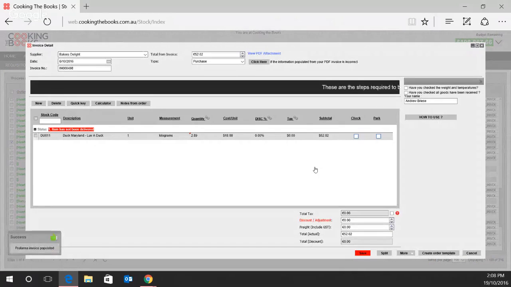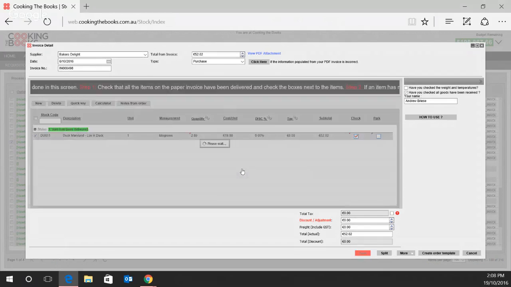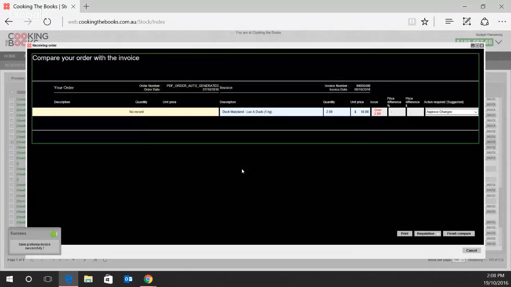So here we go. We have the total from the invoice. We have the quantity, cost, everything there ready to go. All you have to do is check and save. This will now show you that you haven't ordered anything, therefore it's been over delivered 2.89 kilos, but your price is updated, it's in there, it's added to your inventory,